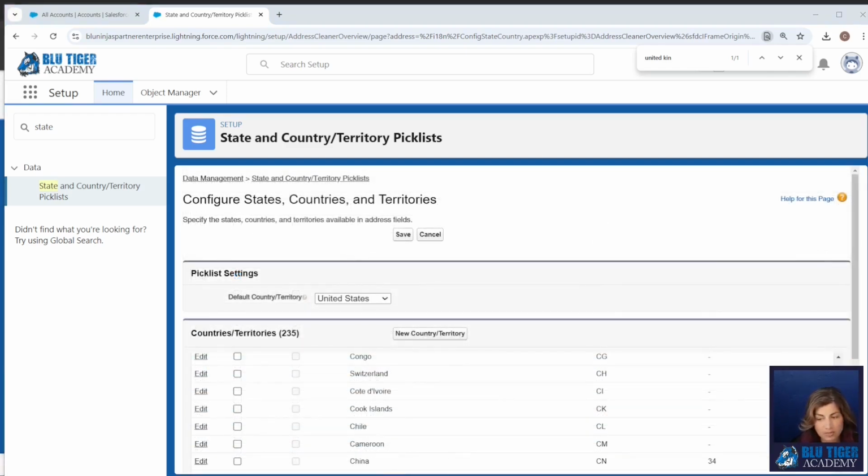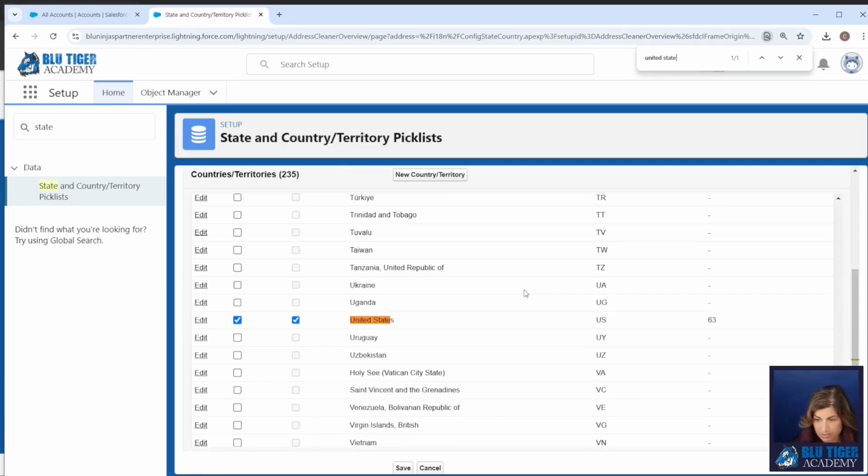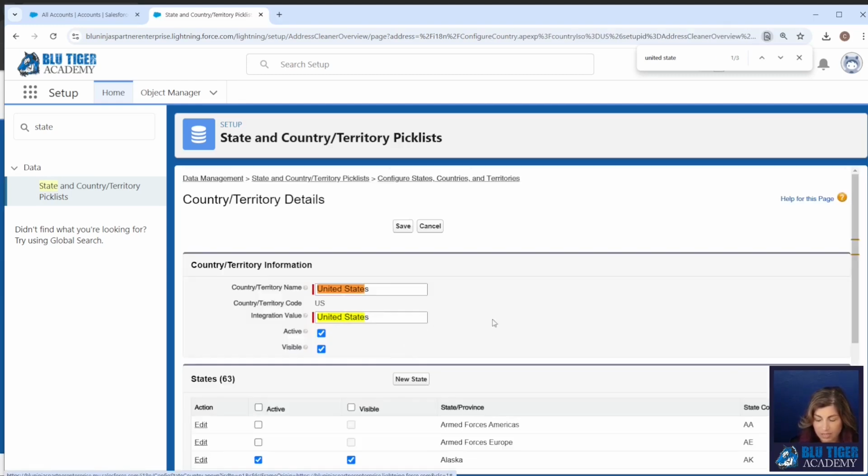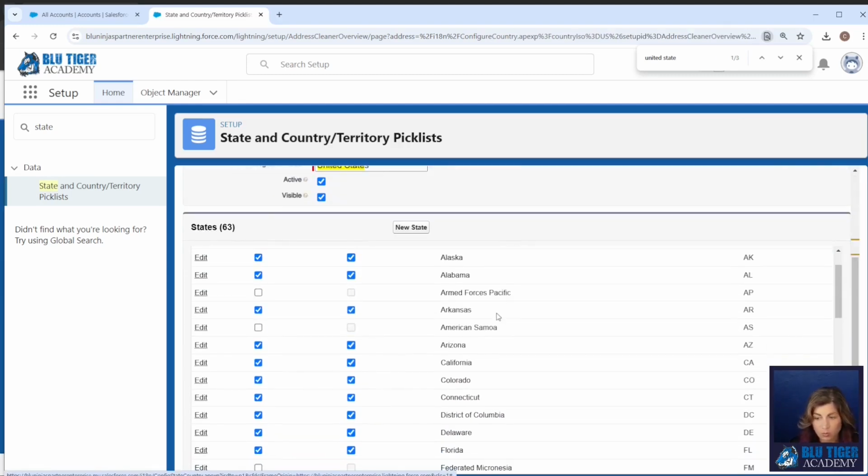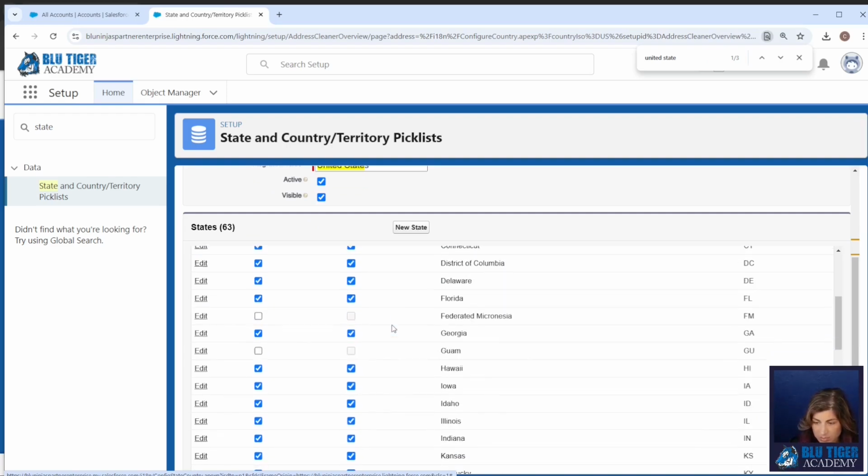Now we're going to point out some things within these countries that you may also need to configure. So we're going to go to United States, and we're going to go to Edit. When we go into Edit here, this is where we can control which states are showing for the country United States. So we can turn on some of these territories if we need to.